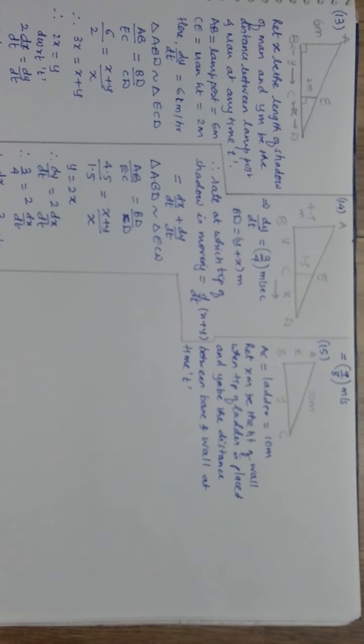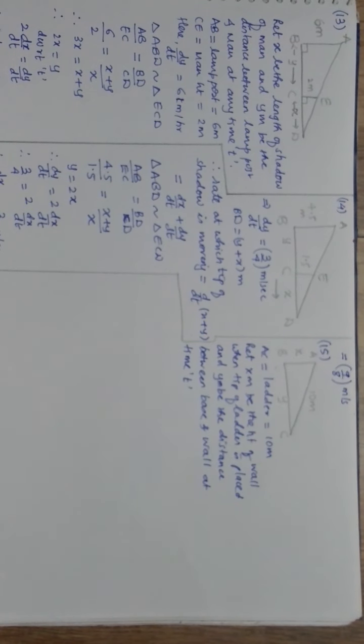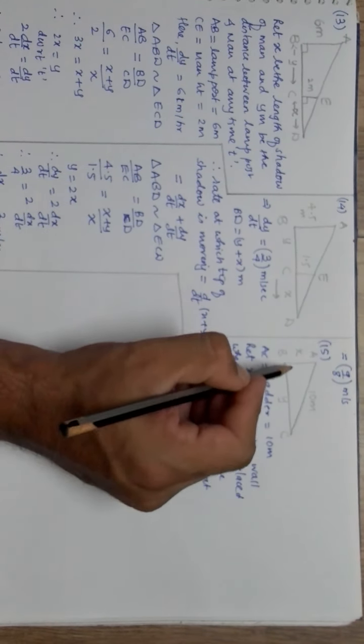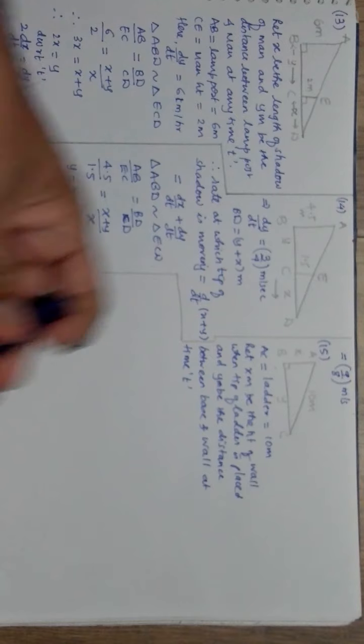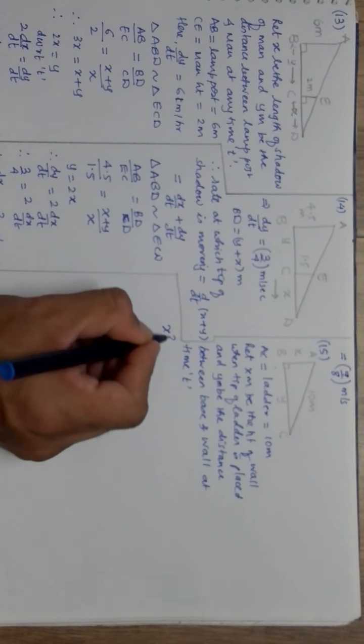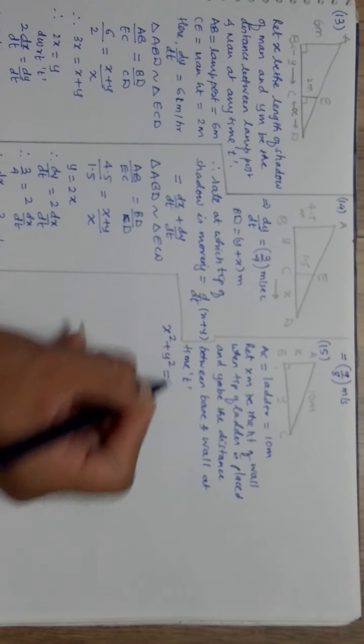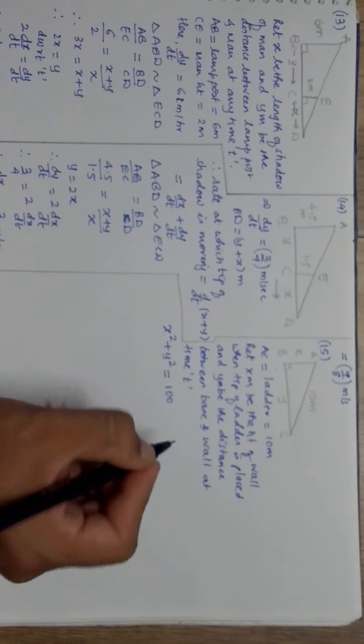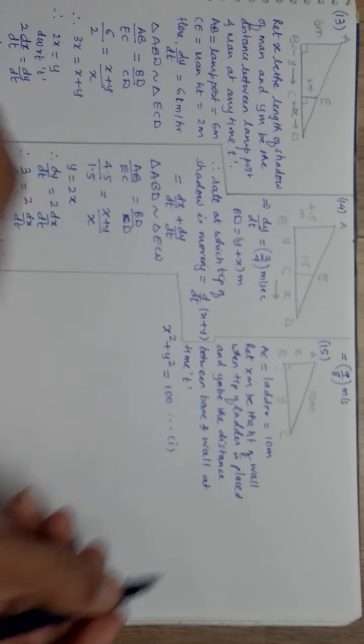Okay, did you get it? Yes. So now very clearly a Pythagoras theorem is seen over here. So at least that I will write and keep. Whether to use it and how to use it, that we will see here. That is x square plus y square is equal to 10 square, that is 100. Okay, let this be stored off.